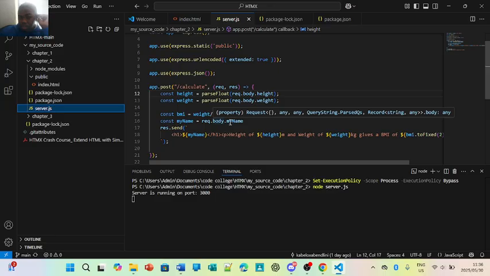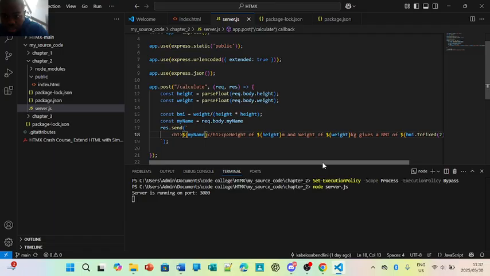So these are the calculations that are gonna be made here. When you do send, my name is gonna be sent here. So my name, height of meters and weight of